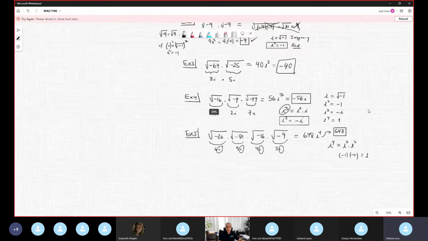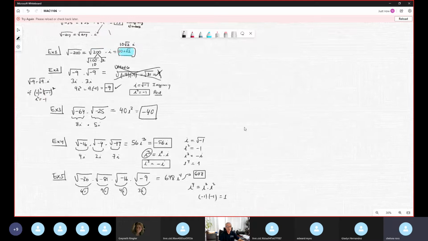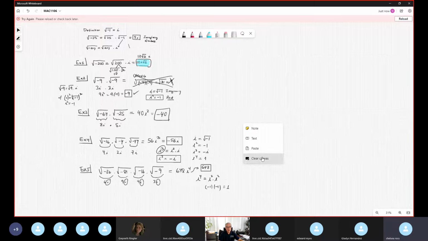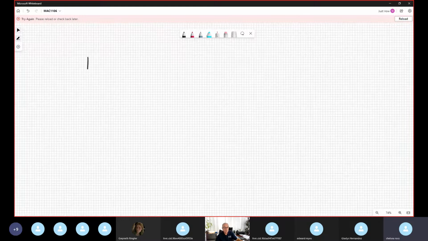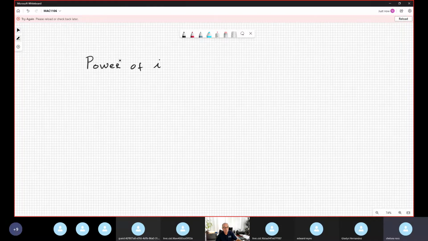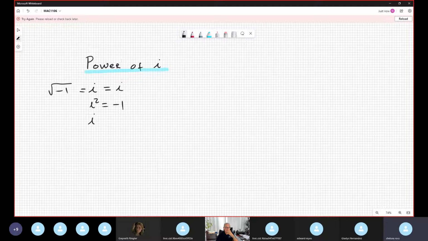Now this is the moment that we are ready to understand more clearly any power of i. So I call this topic power of i. So far, we see i, which is i, or either way, square root of negative 1. i squared is negative 1, i cubed was negative i, i to the 4 is 1. Imaginary, real. What happened with i to the 5th,